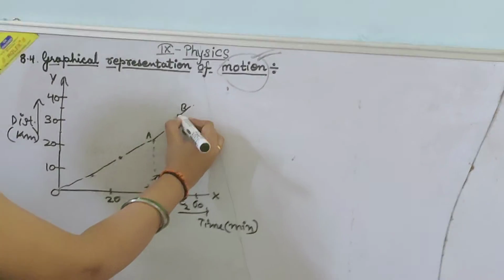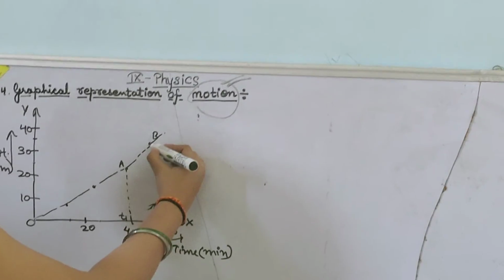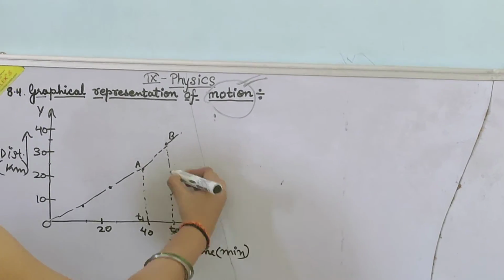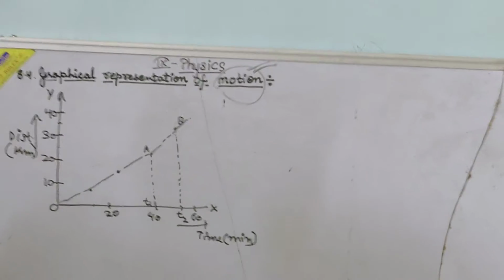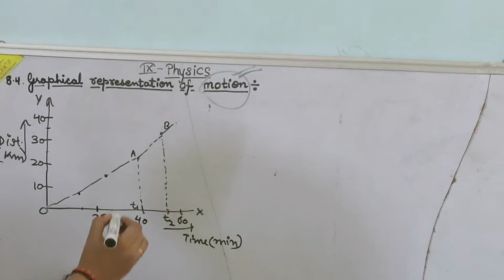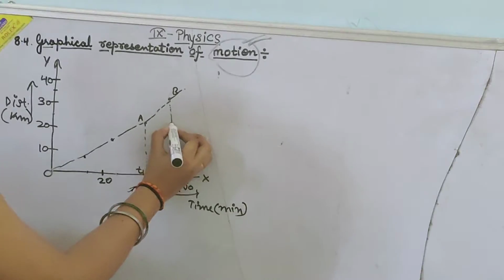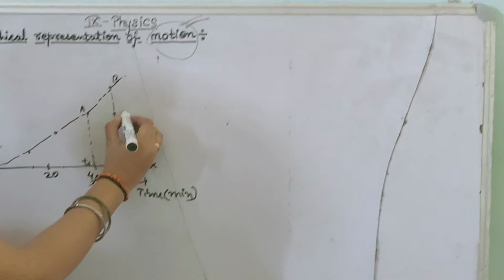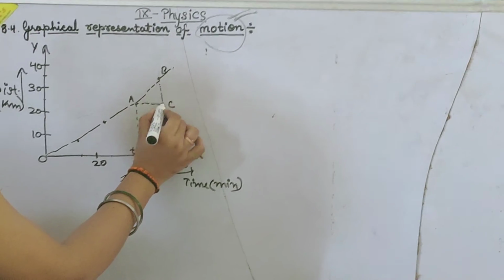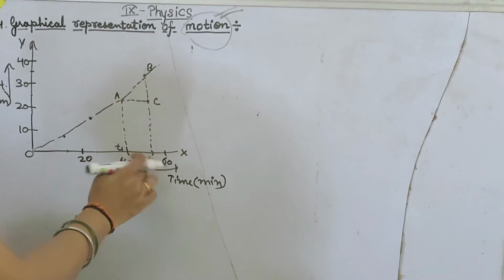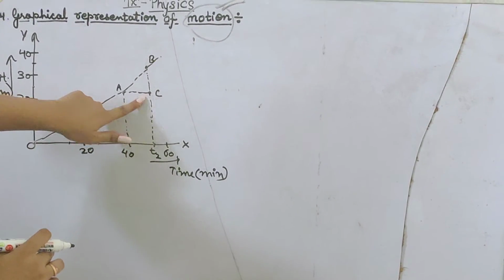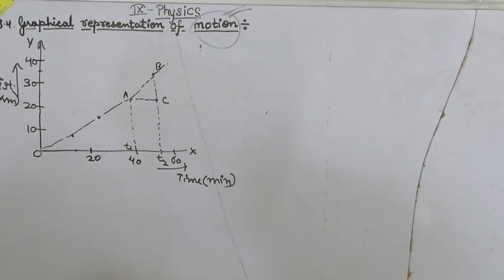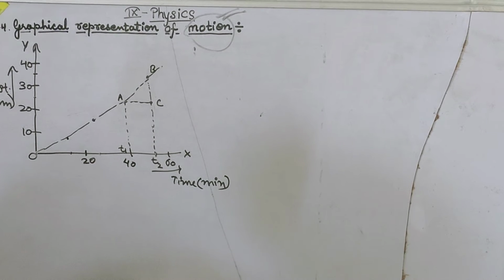And again we will draw the same line, and we will mark a point over here. Sorry, this is point C, and if we join, this will be the difference between these two points. So final minus initial will be the total distance of AC. This is represented over here.